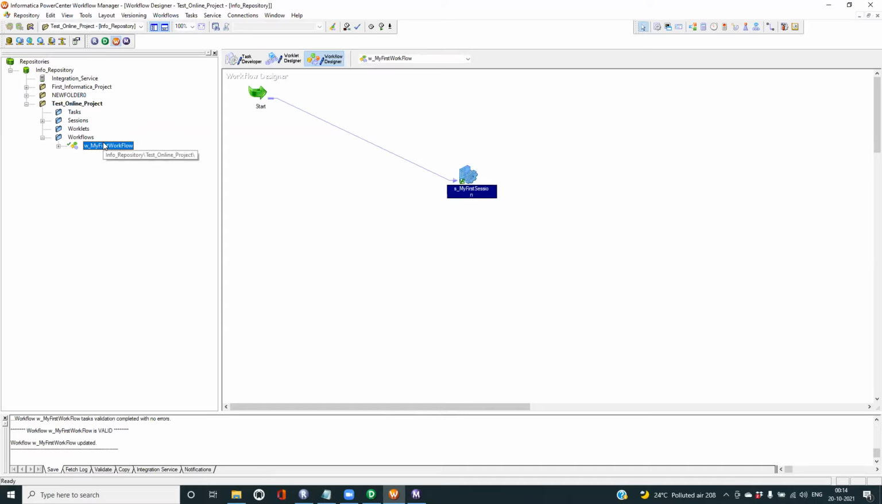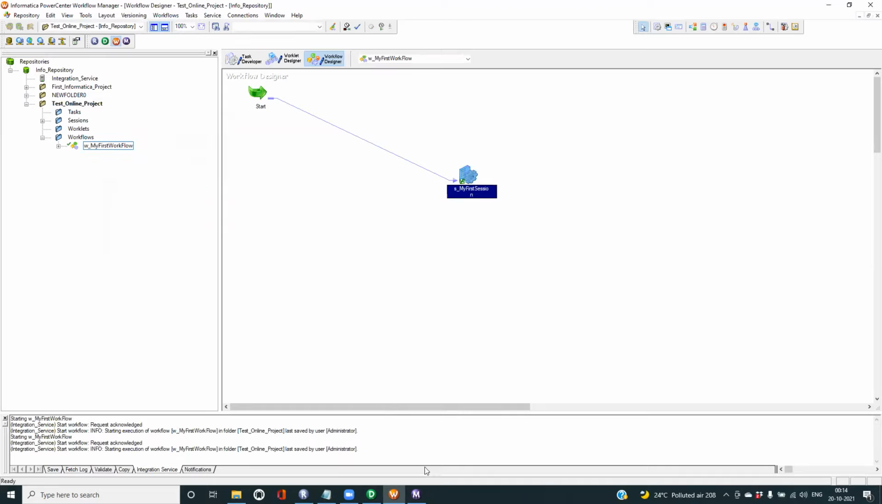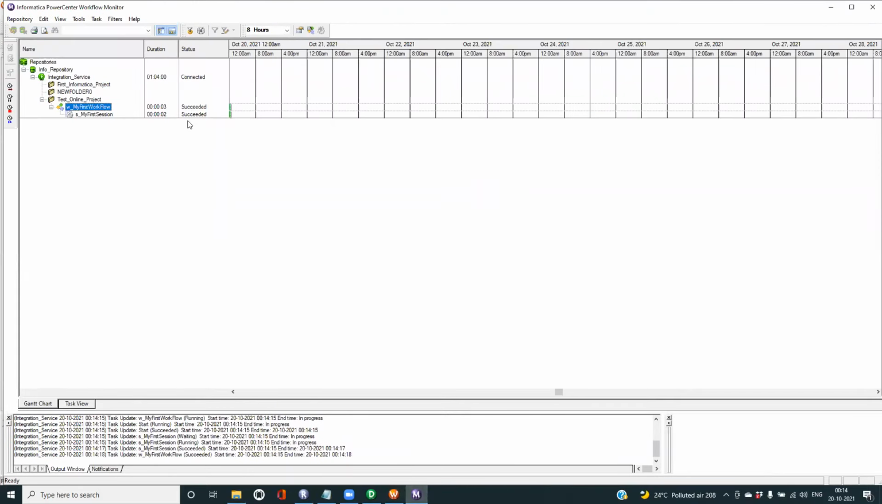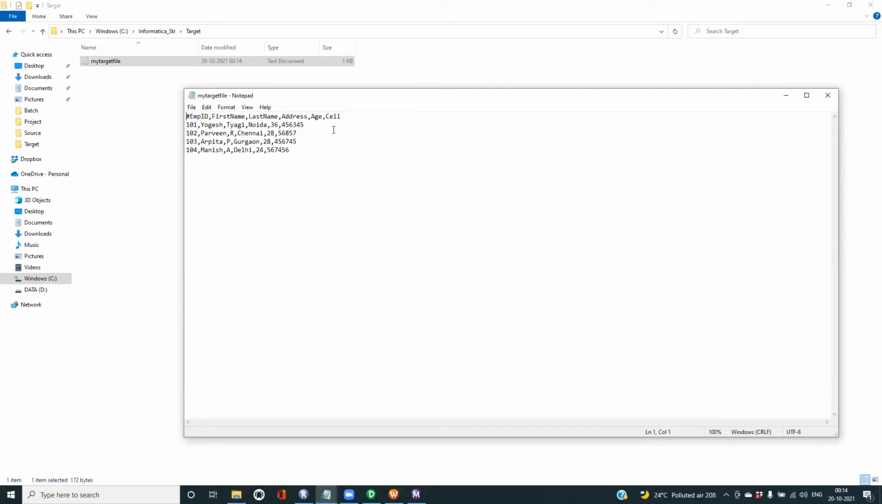Now re-execute it, select your workflow, do right click, start workflow. This is running, this is complete. Go back to your target folder, refresh it once, open your file and check. Now you can see your header is there, right? So this is how you can